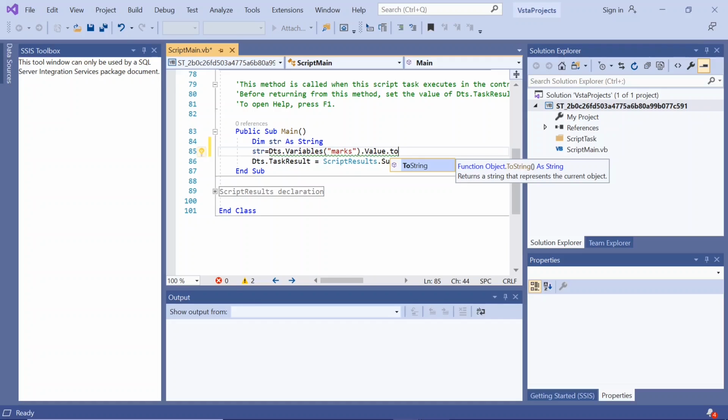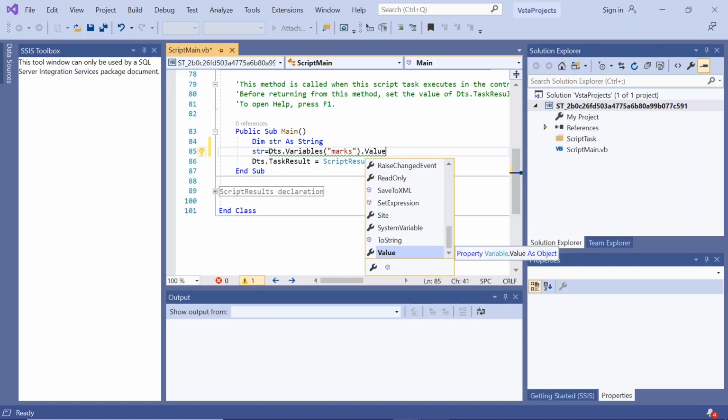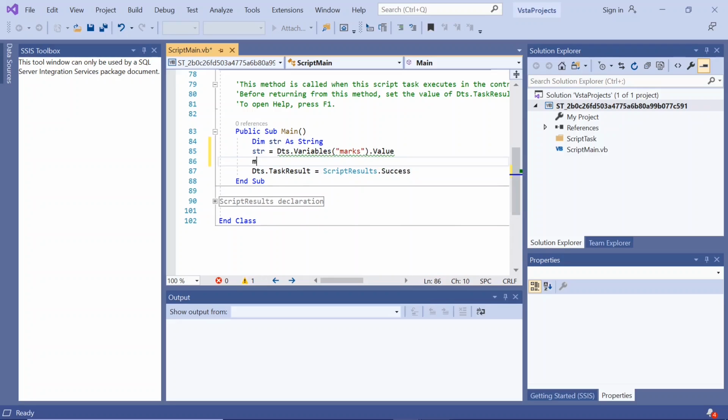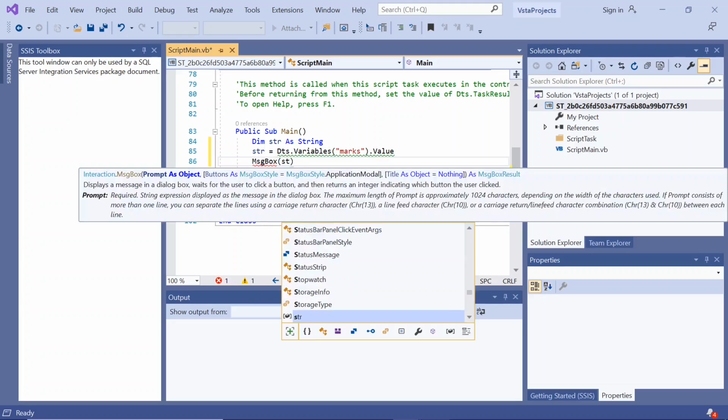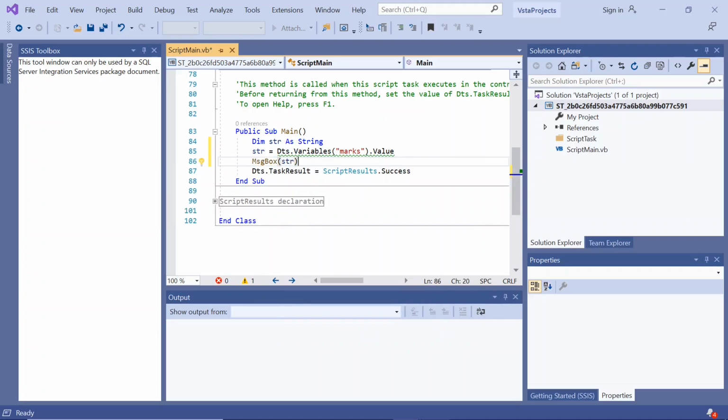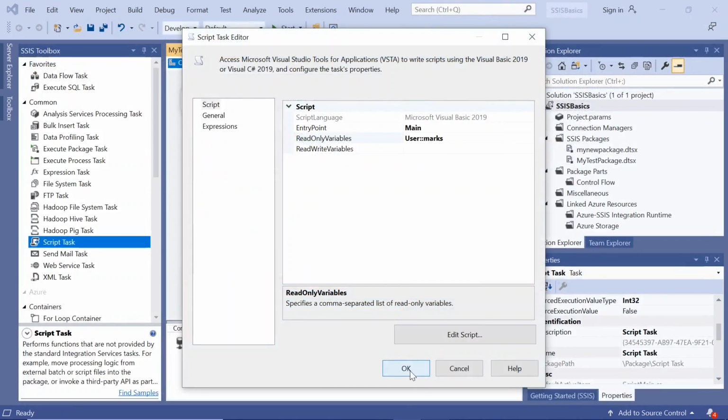Because it's already a string, there is no need for us to change it. MessageBox.Show of str. Save this. Now if I execute this,